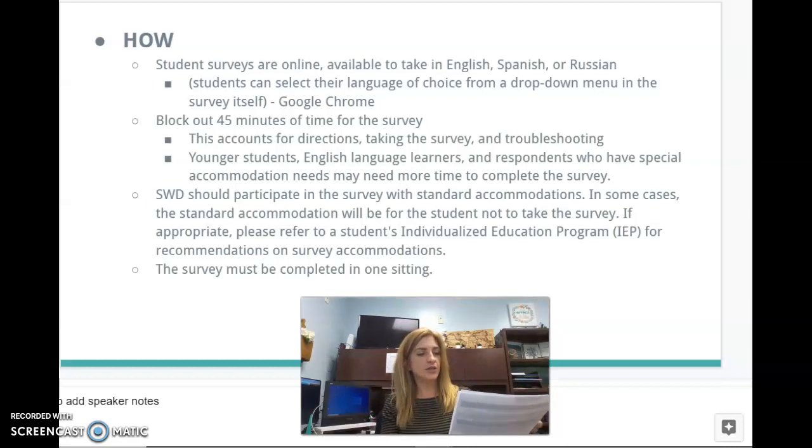So I'm not going to read this to you. The proctor script does not have to be word for word. You can adjust it within reason to fit the needs of your classroom. One of the things that I would suggest, if you look through, make sure when it talks about